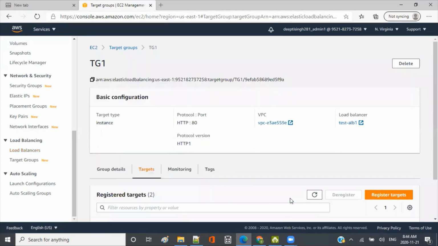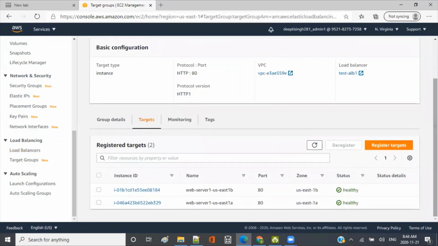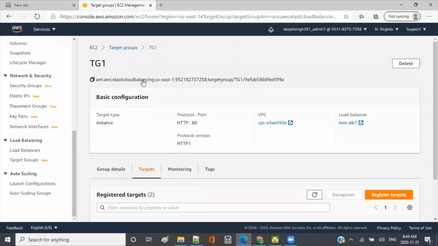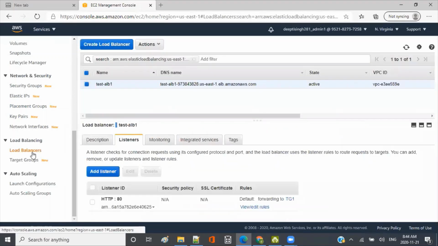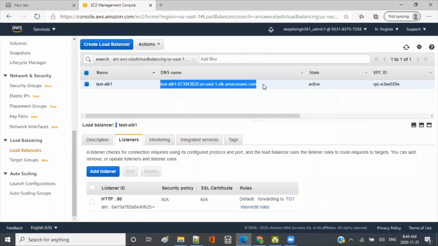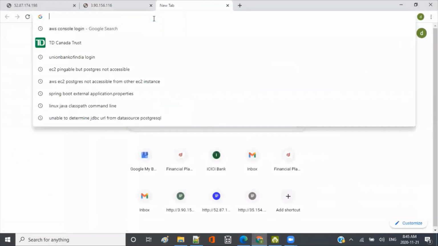If you go here, you will see that target group, and these are the targets. These are the two instances which we put here manually, us-east-1a and 1b, and they are healthy instances. So all good now. In the load balancer, this is our DNS. Now if I access this directly in the web browser, it will start forwarding the request to those instances in round robin fashion. So 1A, then click again, 1B, click again, 1A, 1B. So now those two instances are behind this application load balancer.